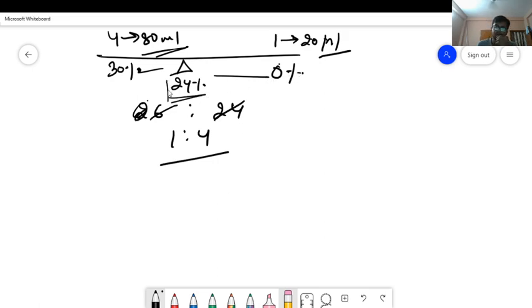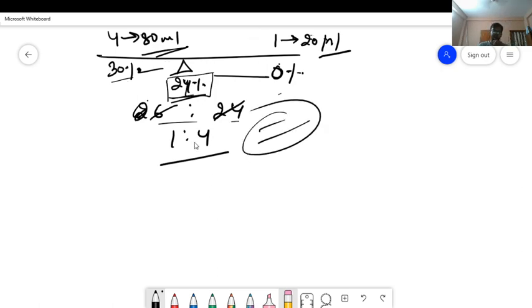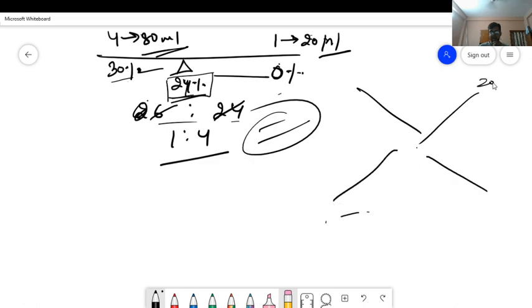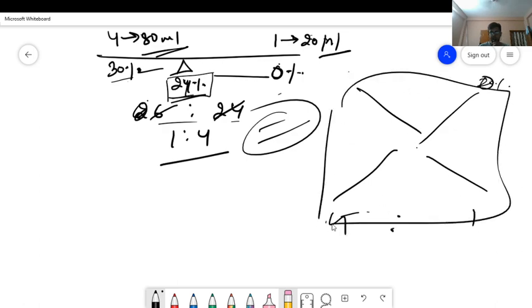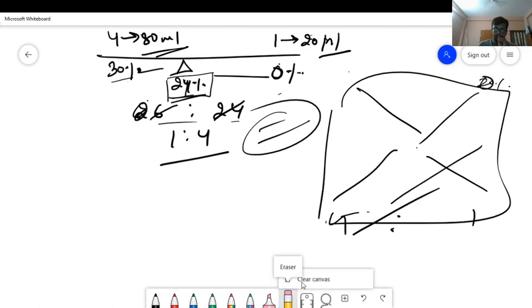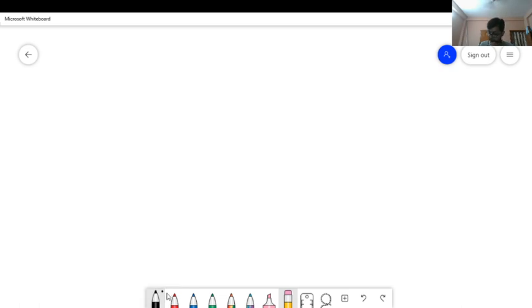It had been given in the question that 24% is the resultant of these two mixtures. The alcohol concentration was 0% and 30%. We get it and we reverse it out, right? So that would be the concentration here. In that method, we had reversed it out already. We had taken 0% here, and we had reversed it out already. So this is the thing to catch here. Now let's move to the next question.